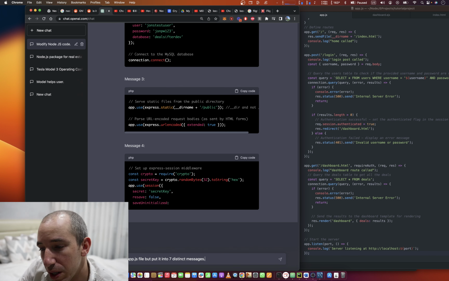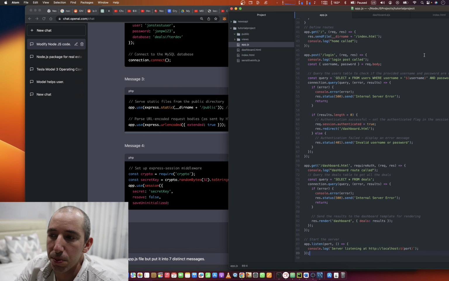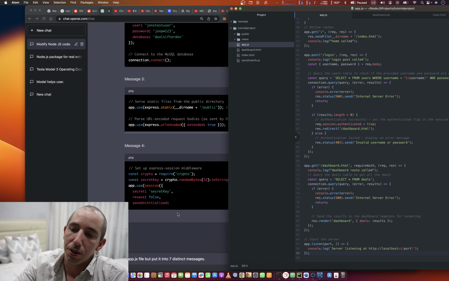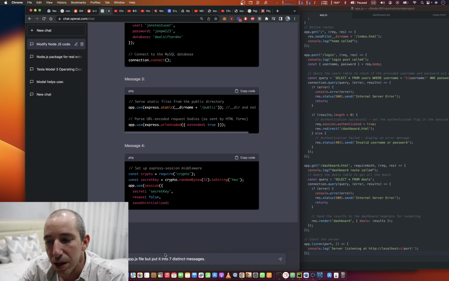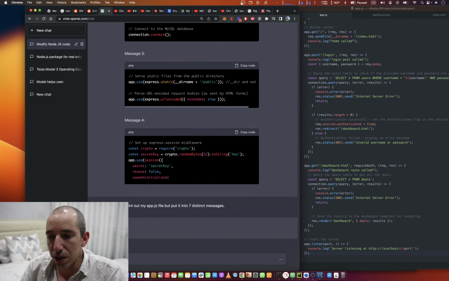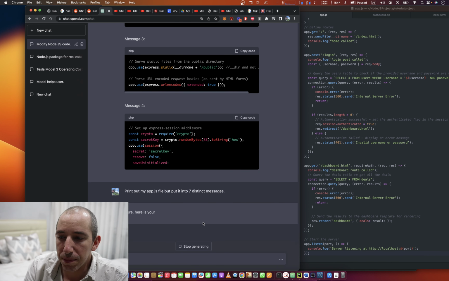Anyway, what I put into ChatGPT is print out my app.js file, and app.js is just a file that's specific to me because I'm using app.js and it knows that I'm working with it. That's the one I'm printing out. It said, but break it up into 7 distinct messages. So now what it's going to do is print out my app.js file,